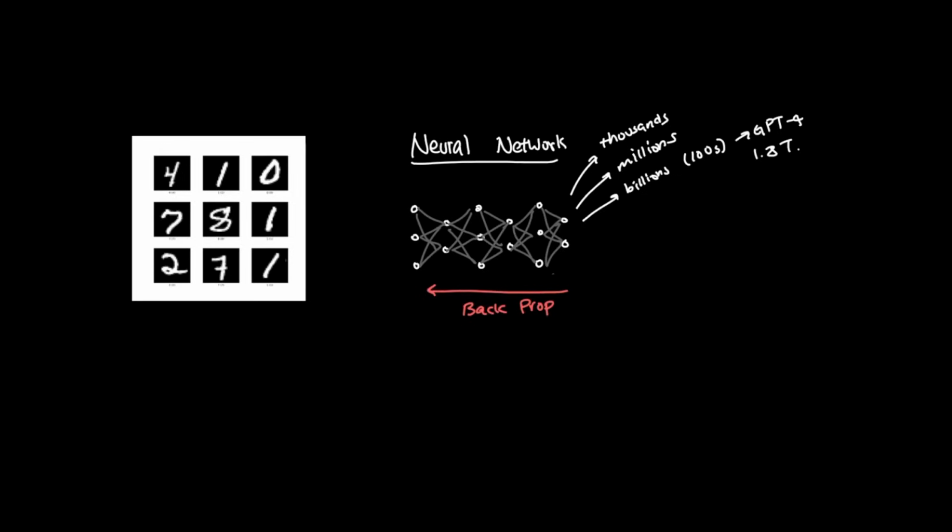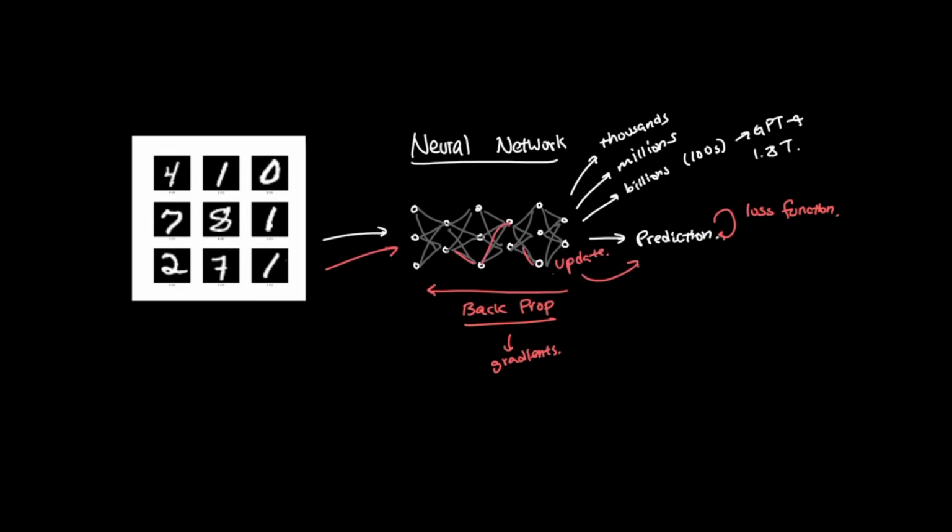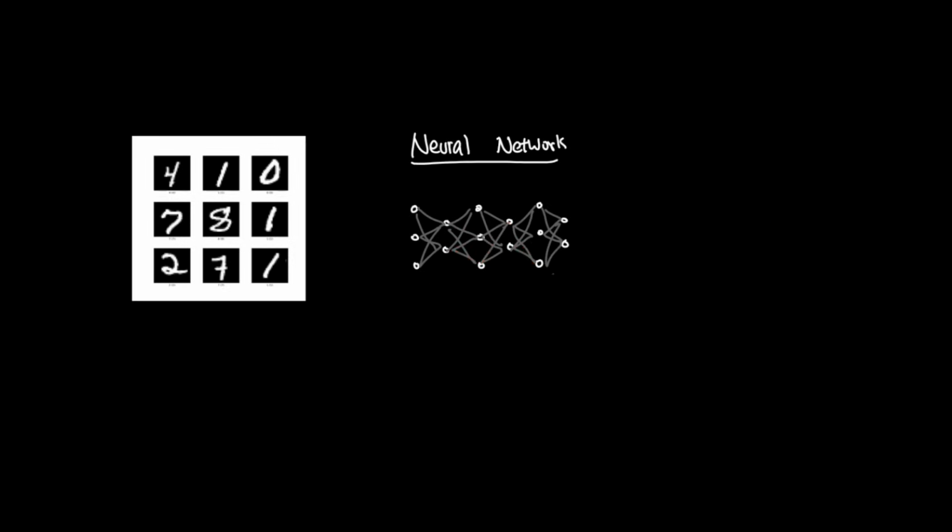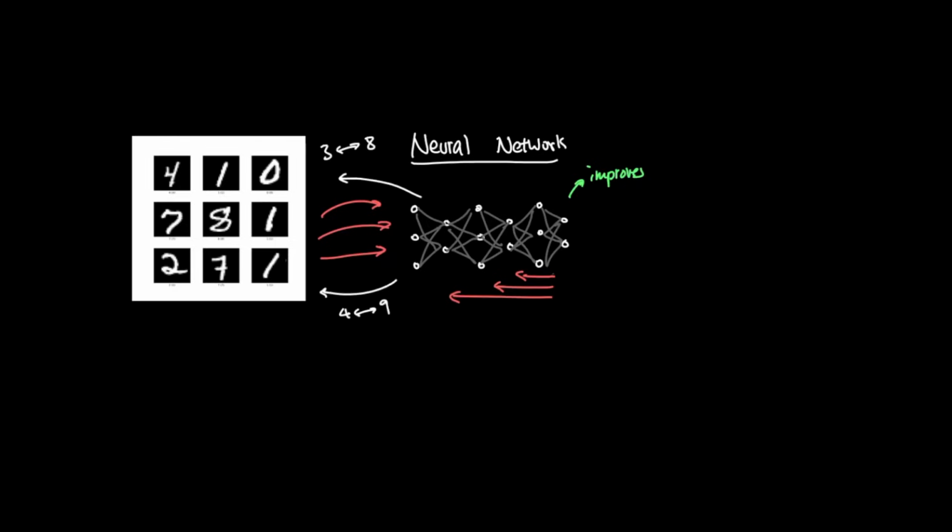So the training loop looks something like this. The model makes a prediction, the loss function measures the error, backpropagation works backwards through the network to calculate the gradients. Gradient descent uses the gradients to update the weights and biases, then the model tries again. Over many examples and many updates, the network gets better. For MNIST, that means the model gradually learns patterns that help distinguish a 3 from an 8 or a 4 from a 9.